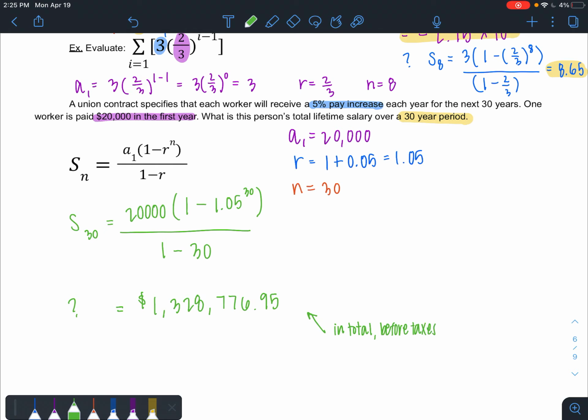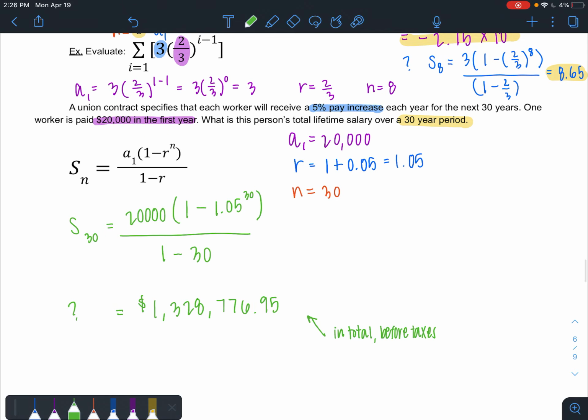So over a lifetime of 30 years, this person makes $1,328,000 in total. Of course, he never sees it because he has got to pay his rent, he's got to pay his taxes and buy groceries and all that good stuff, but he did over that amount of time make that $1 million. All right, well,